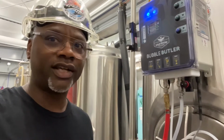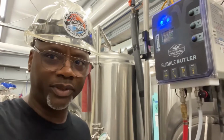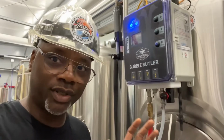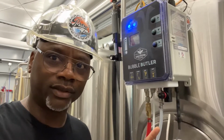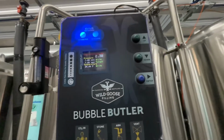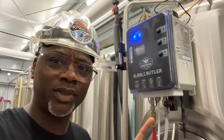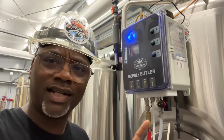What a bright tank is, is the last stage of fermentation or conditioning before you put it in your kegs or you package it or you can it. The last step you need to do is to carbonate the beer. You can carbonate the beer as it's going in the keg. There's tools that let you do that. You can condition it and carbonate it in the fermenter. And we use what's called the Bubble Butler. I know, crazy name, right? The Bubble Butler is owned by Wild Goose Canning. It used to be called the Fizz Whiz. But what it does is it conditions our beer with CO2 to the right level of CO2 volumes based on